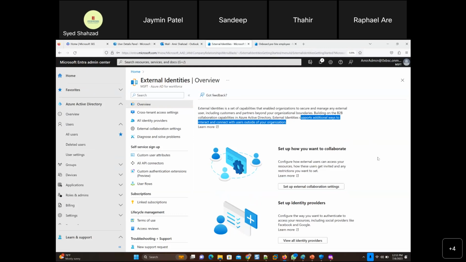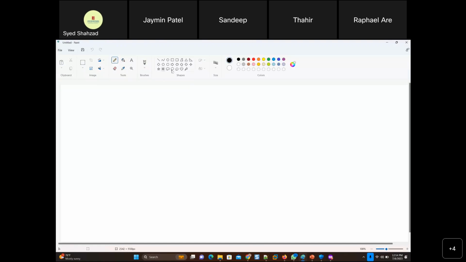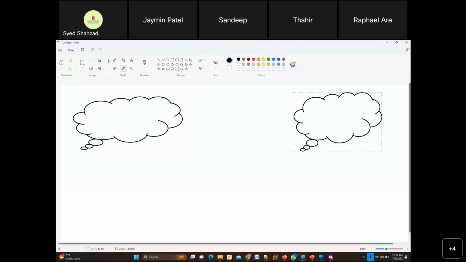There's another company whose users want to connect to your company and resources, or your company users want to connect to other companies' resources. So basically, the scenario always is like that. Obviously you would have your cloud, your M365, and the other company's cloud.